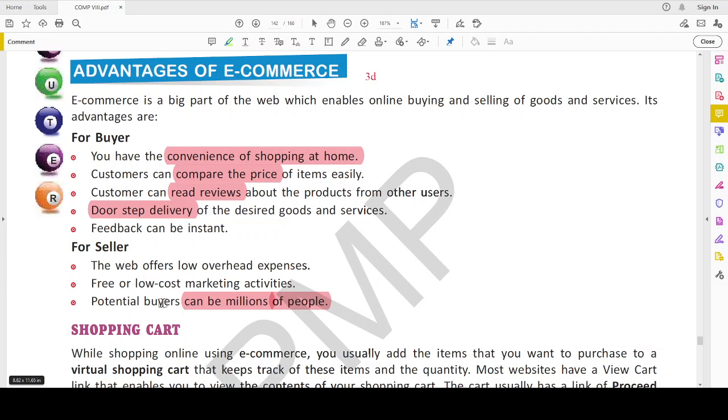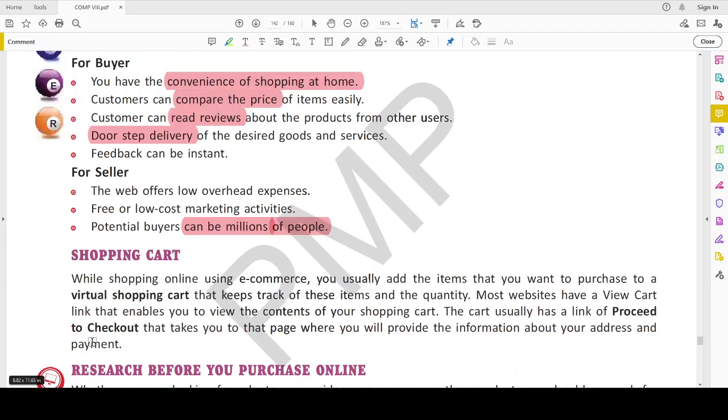Okay. So read the chapter. We will continue from shopping cart and the steps associated in an e-retailer or e-shopping. We will see in the next tutorial,